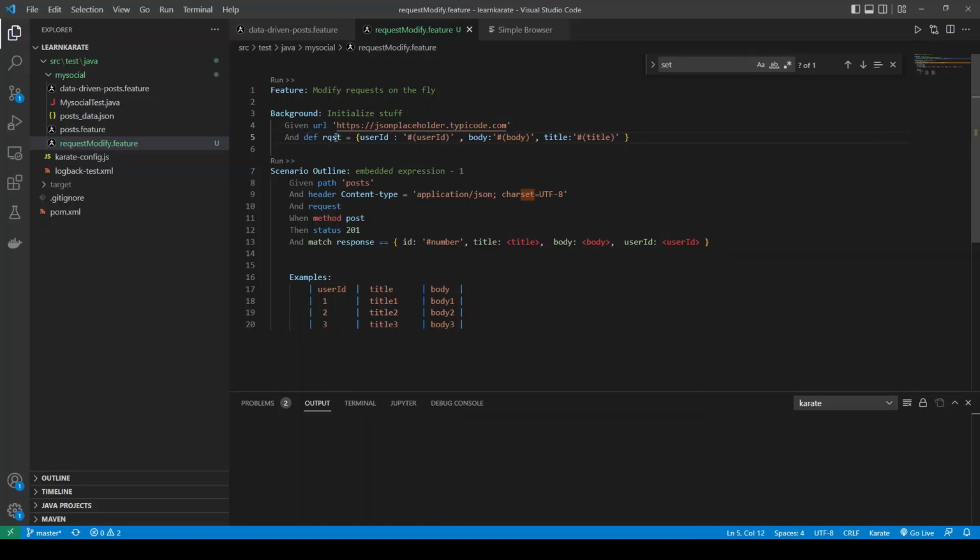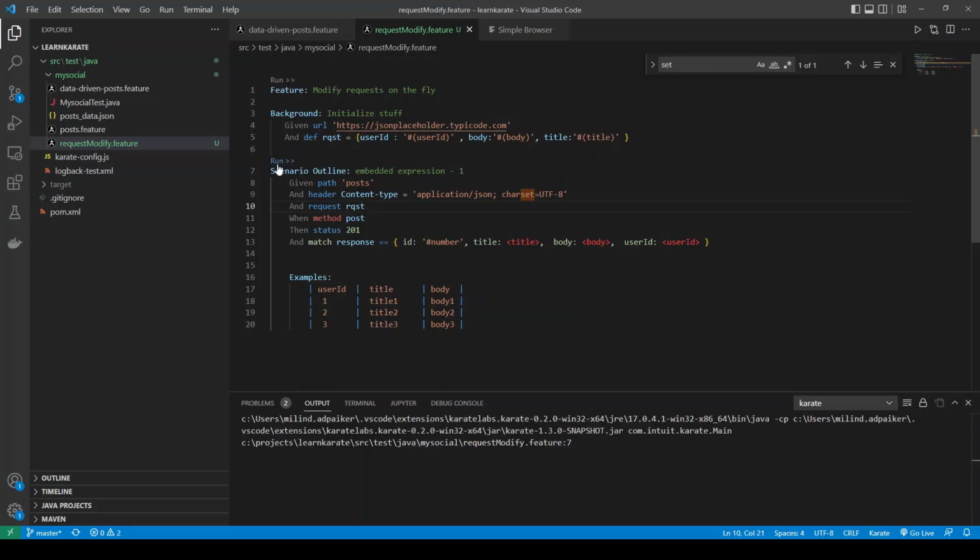Okay, so this is a definition. We're defining a variable here called rqst, which is an embedded expression, and we want to use this expression for our request, right? So when the request is formed, we use the templatized attributes here and replace them with the values which are there in examples. And it works the same way as we had seen last time with the placeholder strings, right? So let me just go ahead and run this test,